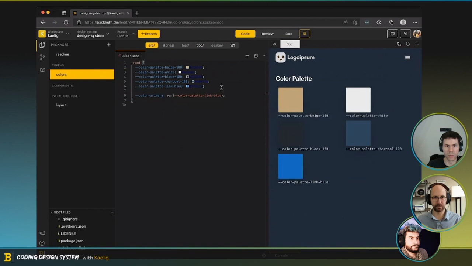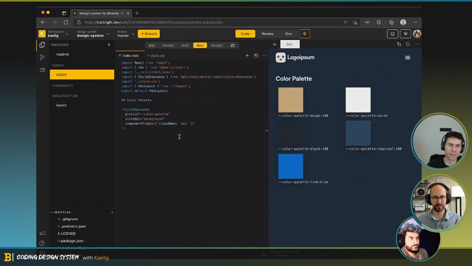This is what we want. We can then go into the doc and then have more of a semantic color, and then we can say, okay,